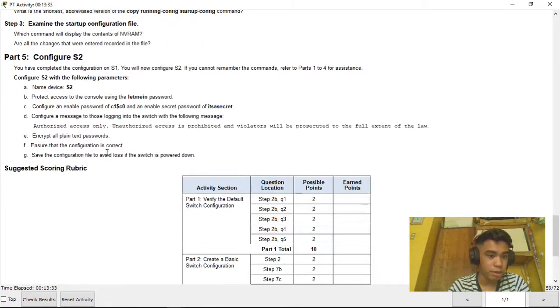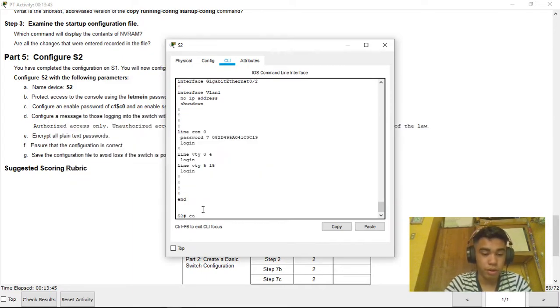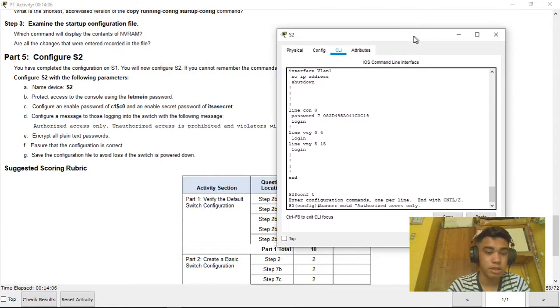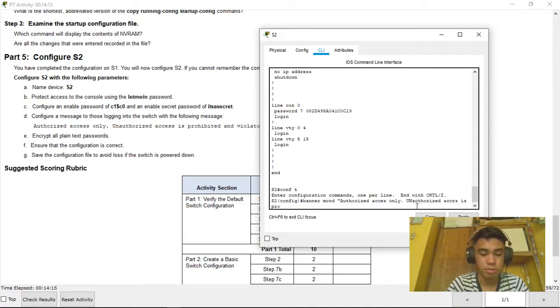Now, after we encrypt all plain text, we are going to create a banner. We should go to global configuration mode, conf t, then type banner motd, open quotation, authorized access only, then unauthorized access is prohibited